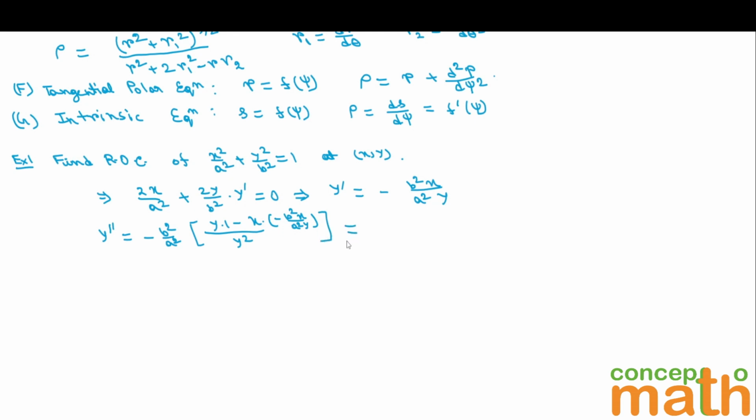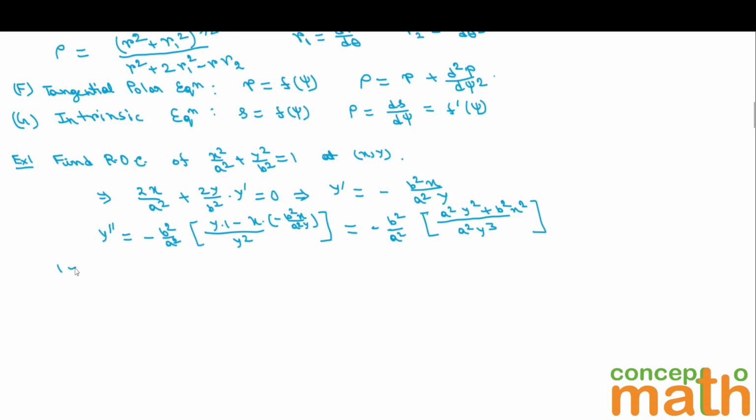So which is minus b square by a square. In the denominator, if we multiply by a square y, then it will become a square y cube into (a square y square plus b square x square). Okay,